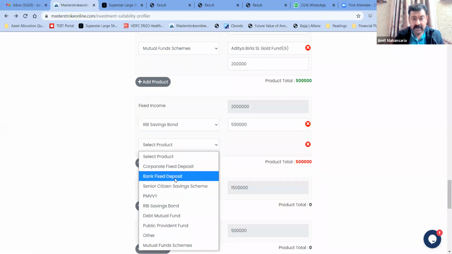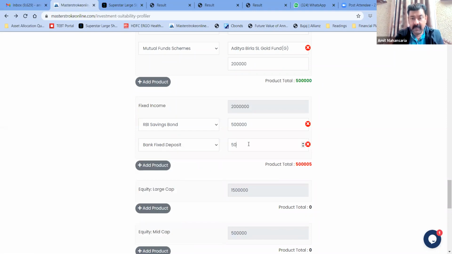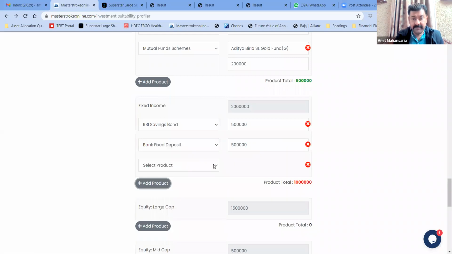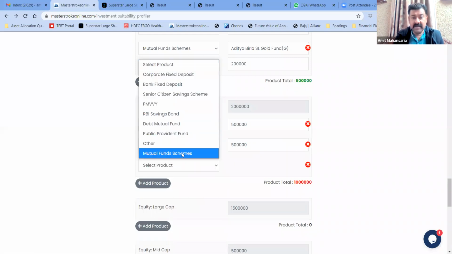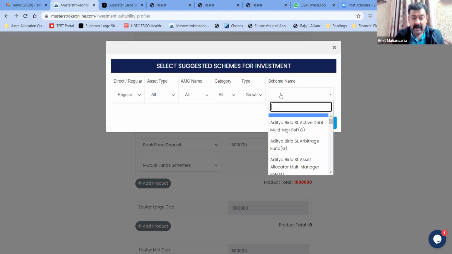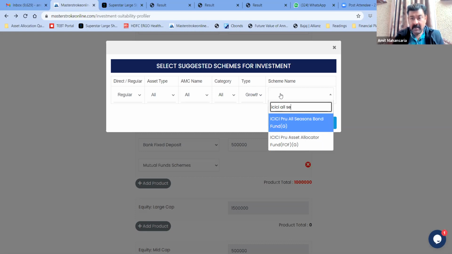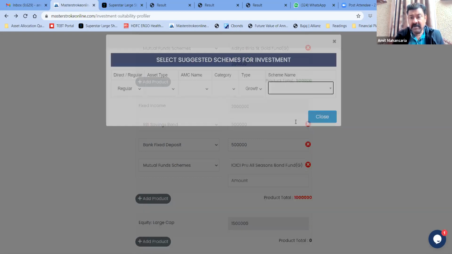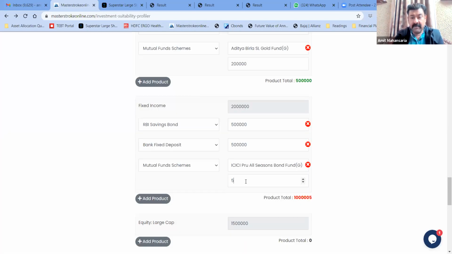in the bank FD 5 lakhs. So now you want to suggest him some mutual fund schemes. So you select mutual fund scheme, and you can type here ICICI All Seasons Bond Fund, say 5 lakhs.